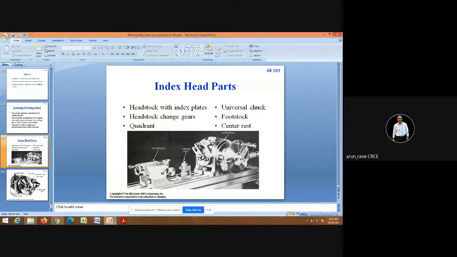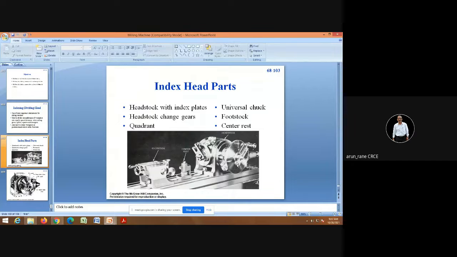There are other gears which are called the bevel gears. Bevel gears are also used for transmitting the drive through 90 degree. Okay. Then why are worm and worm wheel preferred? Worm and worm wheel are preferred because the reduction ratio is very high, 1:40, because the worm which is mounted on the index plate has only one tooth, and the worm wheel generally has 40 teeth. So you get a reduction ratio of 1:40.